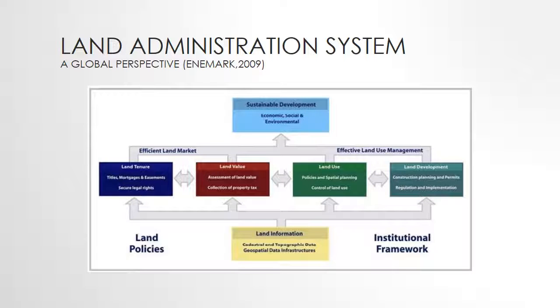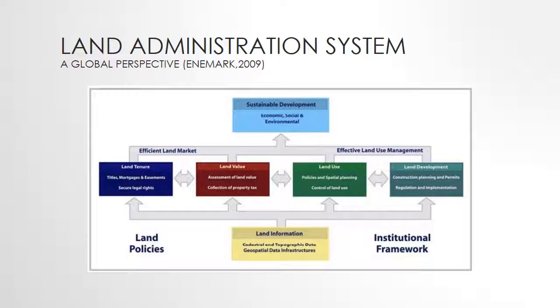I feel it necessary to provide some background to this presentation. A land administration system is an important infrastructure in developing and developed countries for real estate markets to operate in the economy. This system permeates social, legal, economic, and technical aspects to create efficient land markets and effective land use management. As you can see in this infographic presented by Professor Stig Enemark in 2009 in his paper Land Administrative Systems, it's a diagram of how an efficient land administration system works, with the 4 functions of land tenure, which